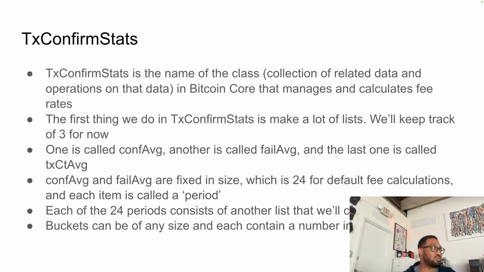This is for the state of the whole chain to get the current fee rate? Yeah, to get the current fee rate. You don't look at the whole chain when you calculate the fee rate, but you aggregate information as blocks come in. And there's something called decay, which is supposed to naturally decay the old calculations. But this is the thing that is used to look through every transaction and block and update itself to get the current fee rate.